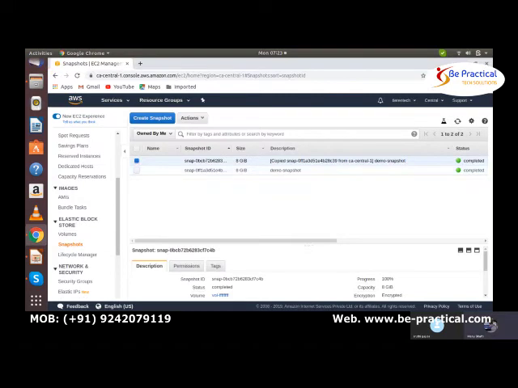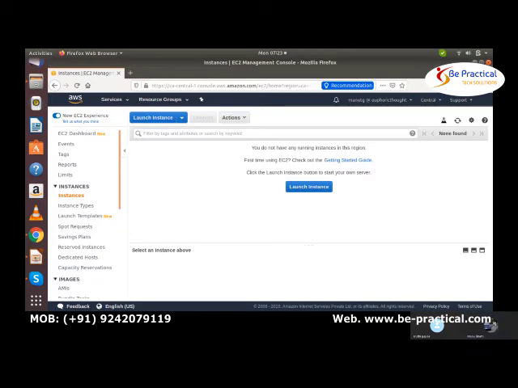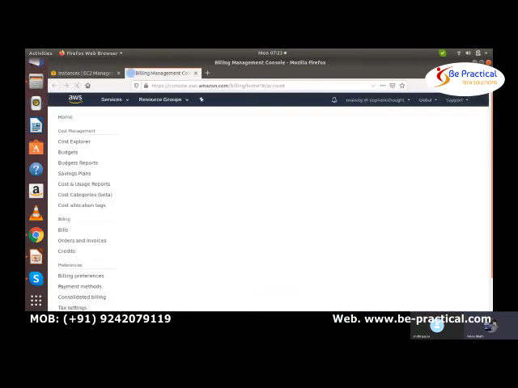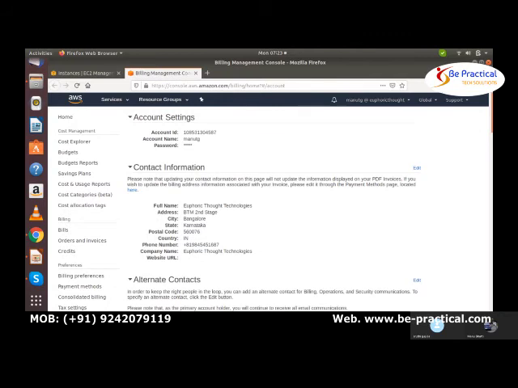So this one I have encrypted right now. Say for example, now if I want to share this with someone else, then how we can do it is we must have the account ID. So I'll get the account ID. This is my account ID. You can see it over here. Okay. So this is the account ID.